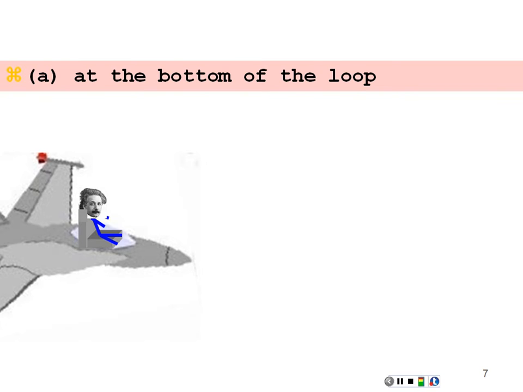But if we did a free body diagram of Einstein, the pilot, we would notice that there was a normal force of the seat on him, pushing upward. Of course, he's got weight, mg, pulling down towards the center of the earth. And since he's at the bottom of this loop, the centripetal acceleration would be towards the center of the circle, which is going to be in an upward direction at that point. So our radial acceleration is upward. There is no acceleration in the forward direction because he's moving at constant speed, and so there is no tangential acceleration in this particular case.